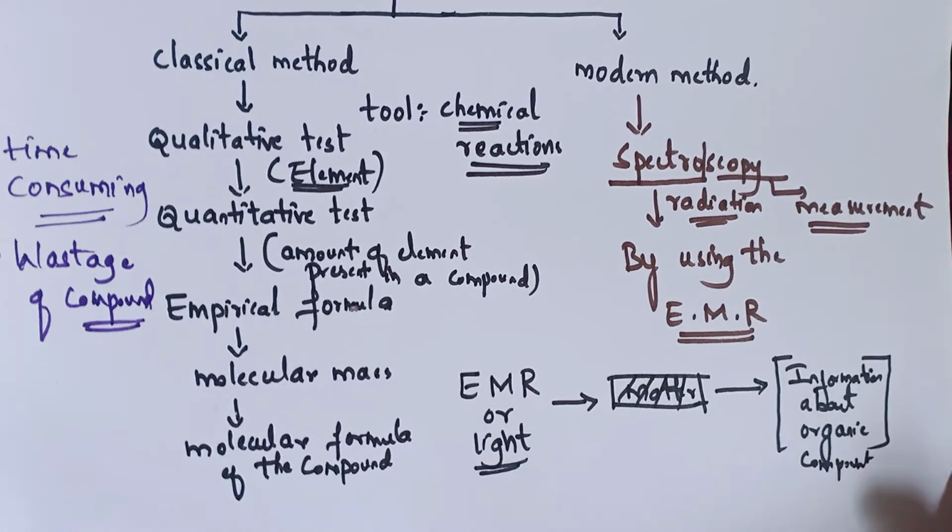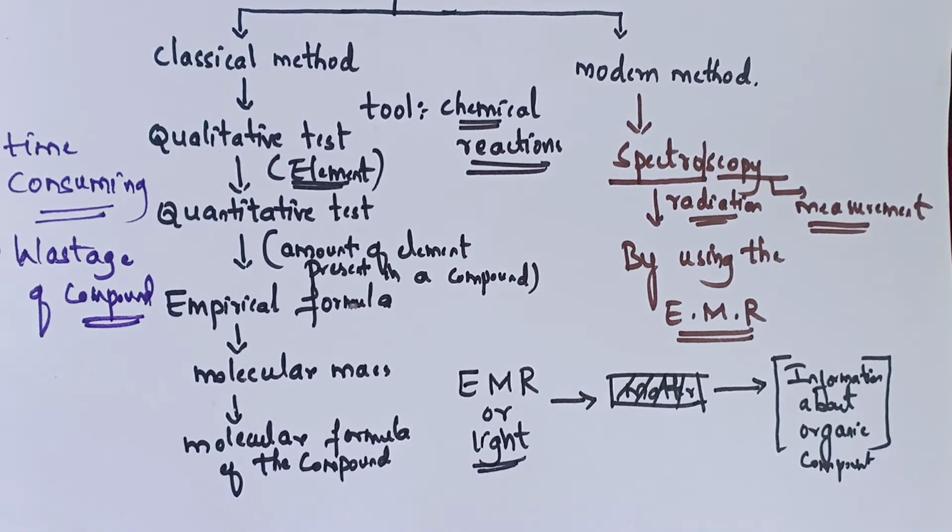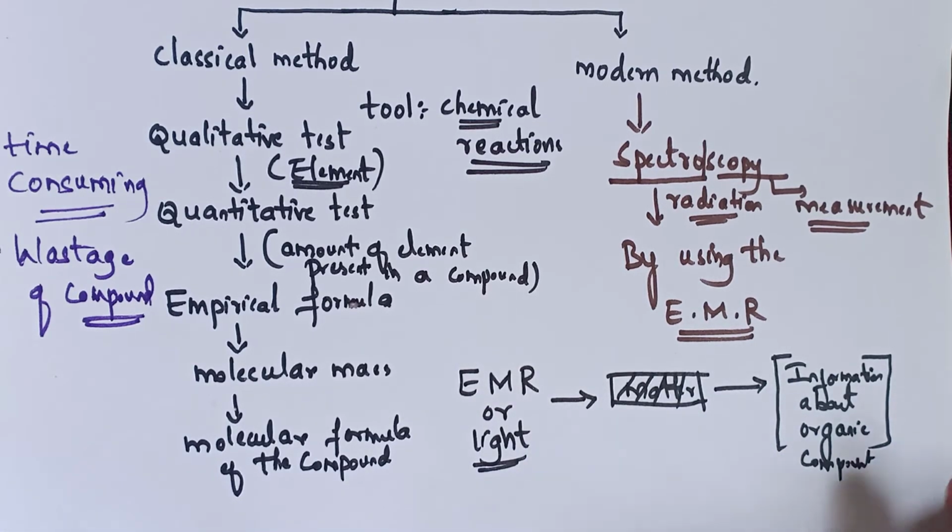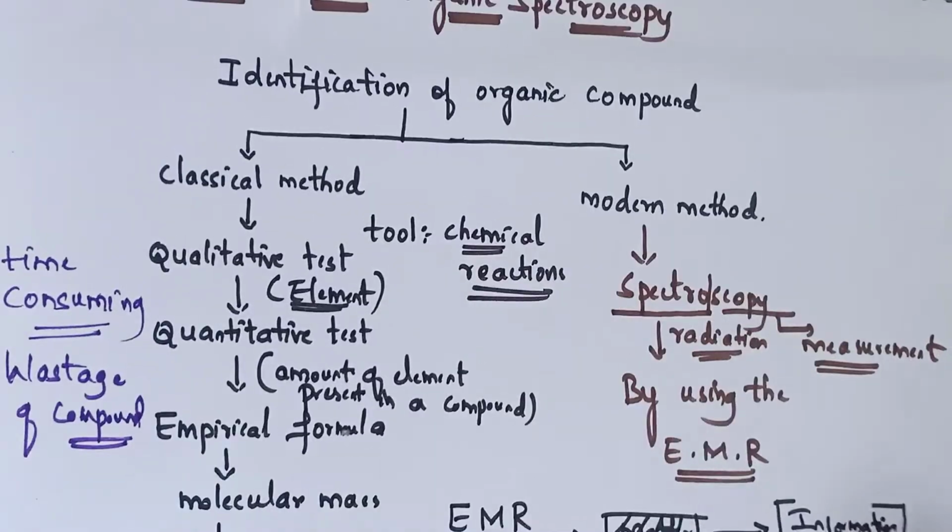Now, in my definition, spectroscopy uses radiation to obtain information on the structure and properties of the matter. It is a simple definition according to me. Now, spectroscopy is using the radiations or the light. See, it is using electromagnetic radiations or light to obtain information on the structure and properties of the matter. This is about the definition of spectroscopy. So, I will write the definition here.